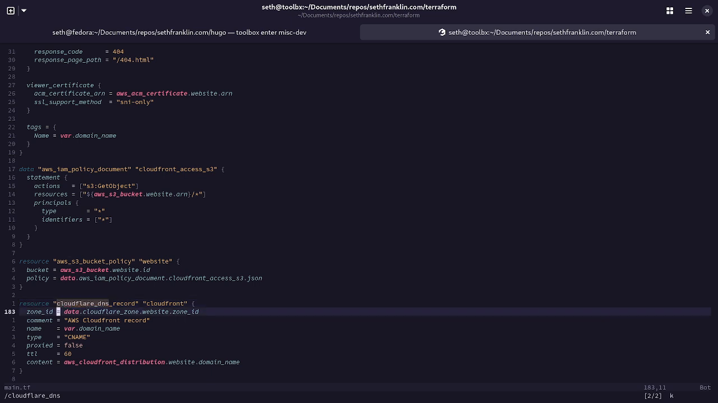The next record I set is another CNAME record. This is just for sethfranklin.com to point to the CloudFront distribution's domain name. So I don't have to set it manually, it's just all handled for me in Terraform when I run Terraform apply. So that's about it for the Terraform, and then if I go to the pipelines, .github,